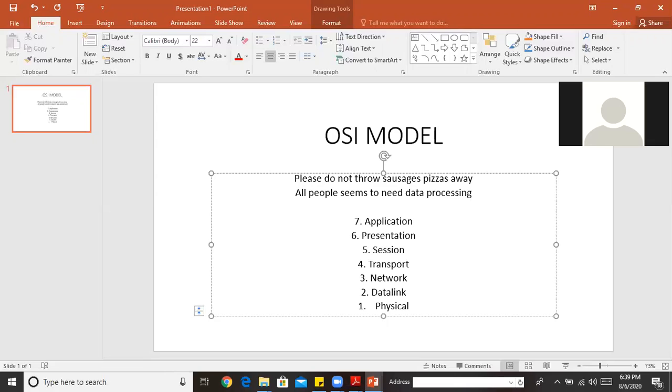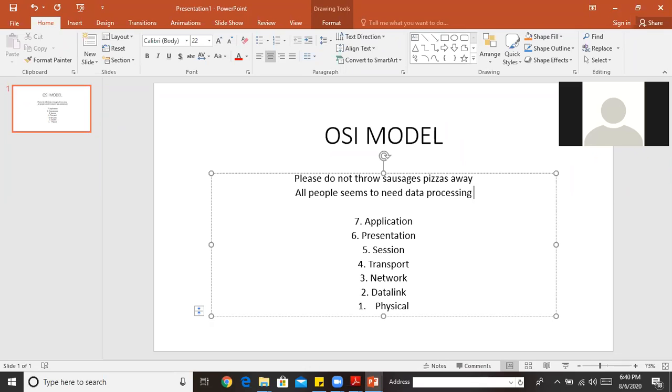O is for application, P is for presentation, S is for session, T is for transport, N is for network, D is for data link, P is for physical. This is just to help you not forget these layers. They are very, very important when you are doing any networking course. So when the communication starts from the application layer, trickling down to the physical layer,